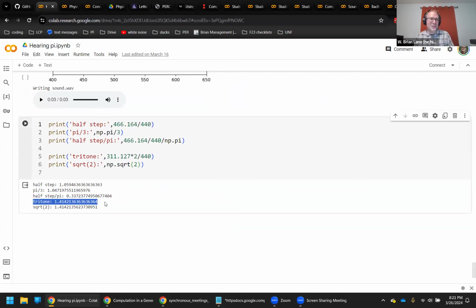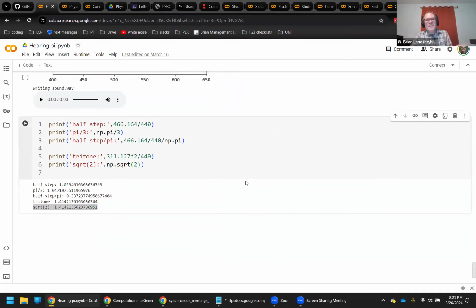And my jaw hit the floor because I know what that number is. That's the square root of 2. And I thought, oh, of course, because if you're going up halfway to an octave, you need a number that when you multiply itself, you get 2. Well, that would be the square root of 2. So it turns out our favorite number, the square root of 2, ends up giving you the most dissonant tone in our musical system, which is pretty cool.